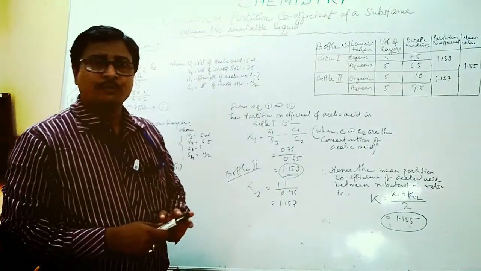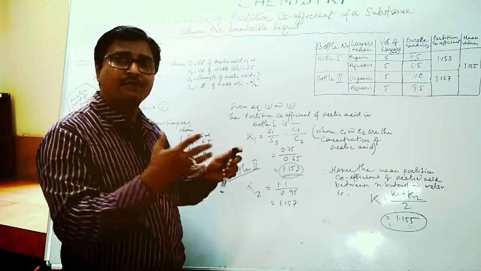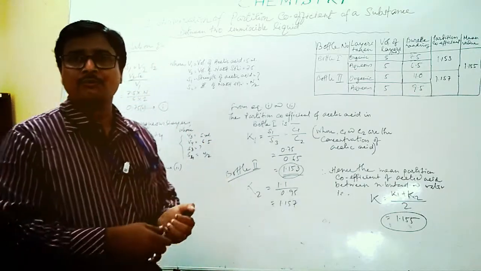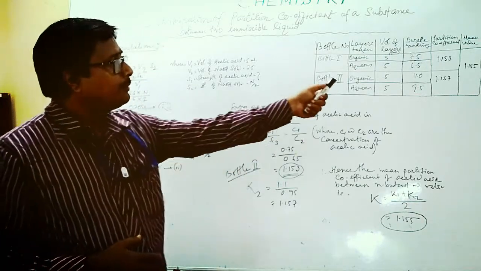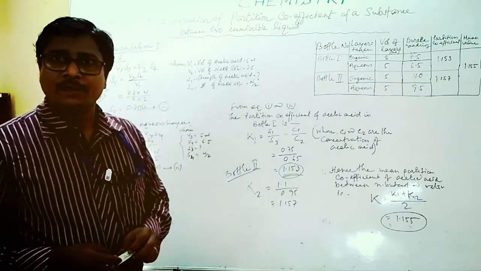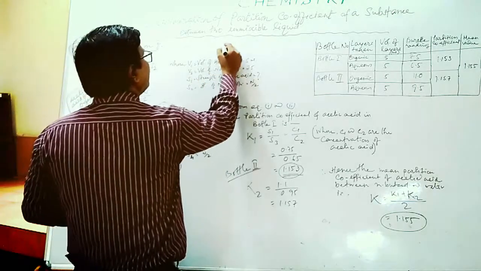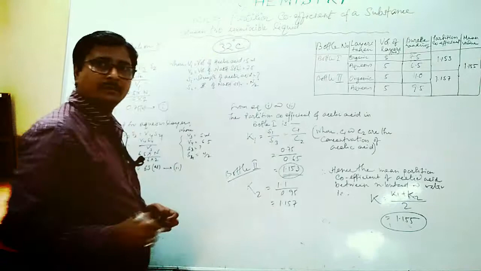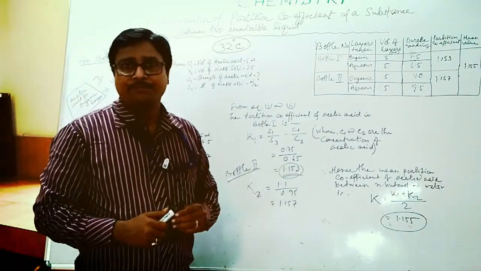So you understand, students, that when we are taking different volumes of acetic acid and all the solutions are taken in different volumes, but whenever we take the ratio, it will be more or less the same at a constant temperature. Say today's room temperature is 32 degrees centigrade. This is the constant temperature. At constant temperature, the ratio is the same.